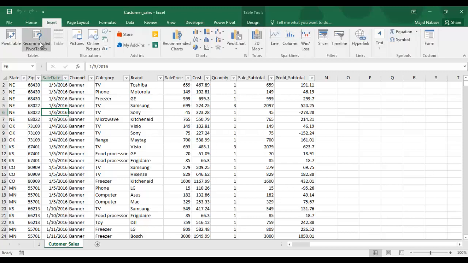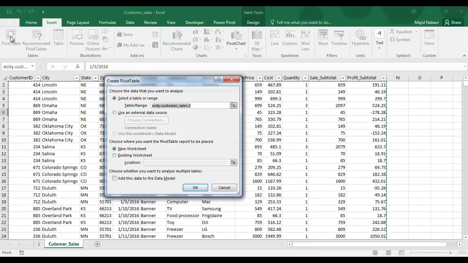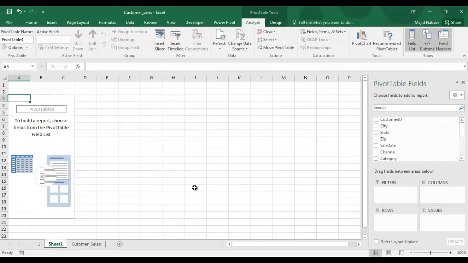Go to Insert, Pivot Table. As long as we have selected one of those cells in the data range, the entire data range is selected, and then we create the pivot table in a new worksheet. Click OK. Pivot table tool and the list of fields. We need to aggregate sales by volume through months and categories. So we can select category,